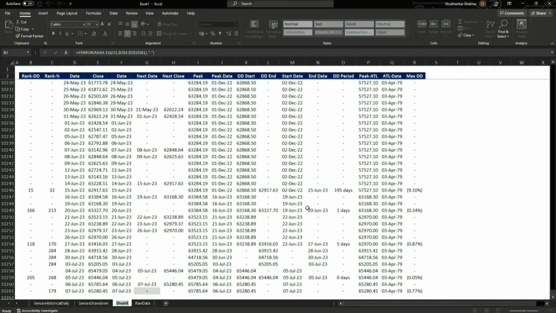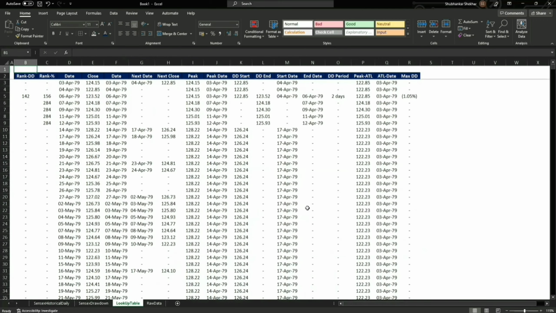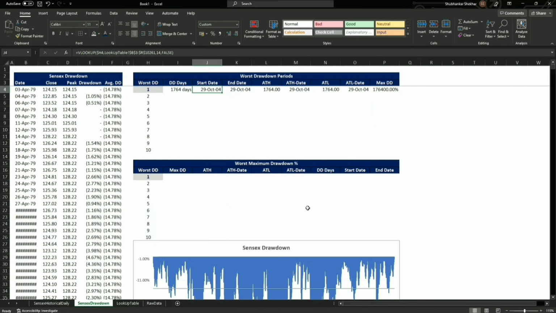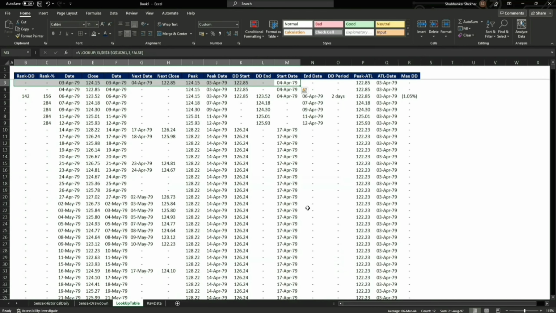And I'm just going to change the references. Okay, I did not rename this, right? Look up table. Okay, so we were looking at start date here, right? 12. So this should be 12, this should be 13. All-time high is peak. So what I'm doing here is these are the numbers, this is the count of cells, right? Here 8, right?